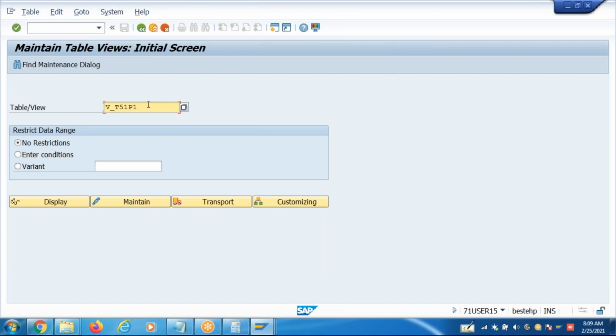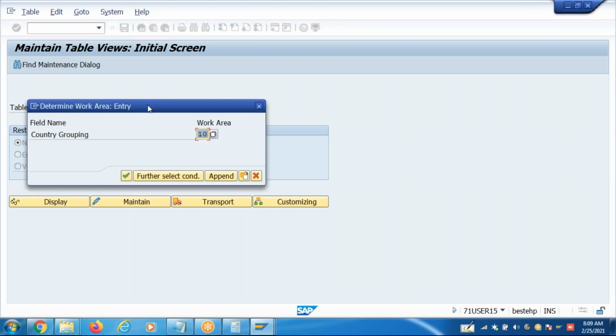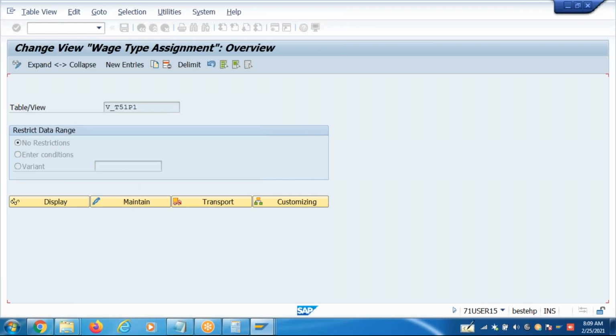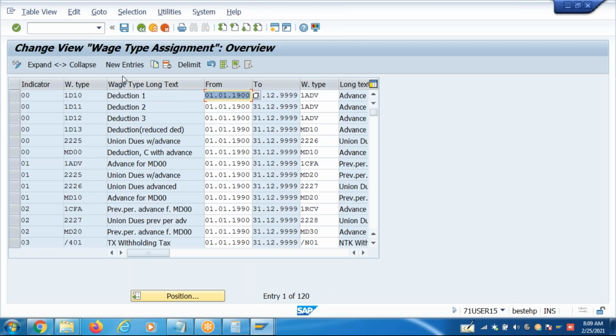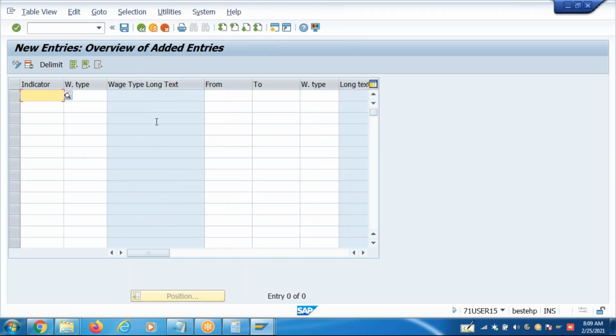Go to V_T51P1, guys. Okay, go to 20. Indicator 20 is the one we should use.